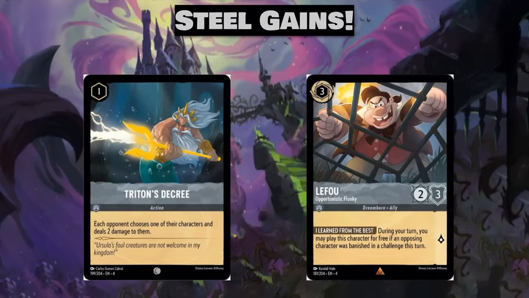Now let's talk about some steal gains. 1-cost uninkable action, Triton's Decree. Each opponent chooses one of their characters and deals 2 damage to them. Triton's Decree gets around ward. If you can find a way to keep the board clear, it will oftentimes hit the problematic ward targets like